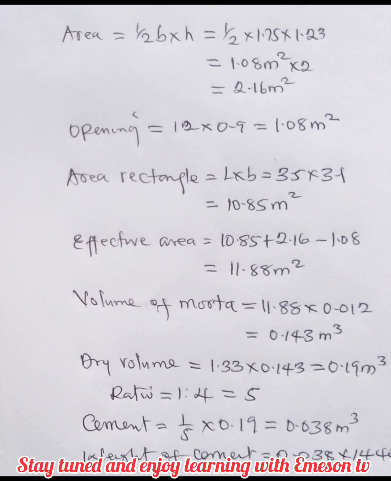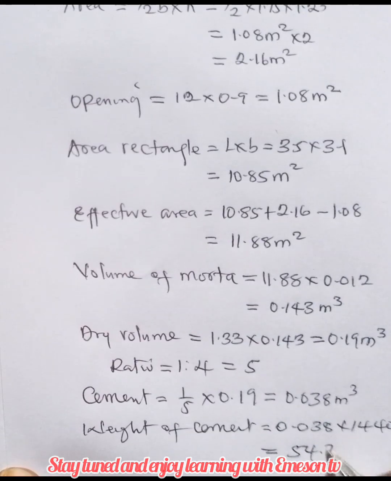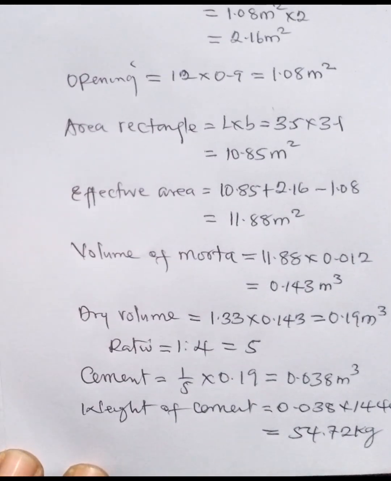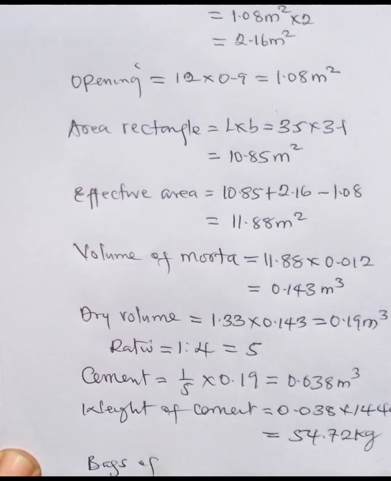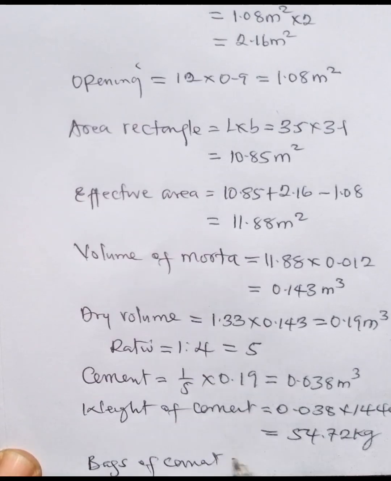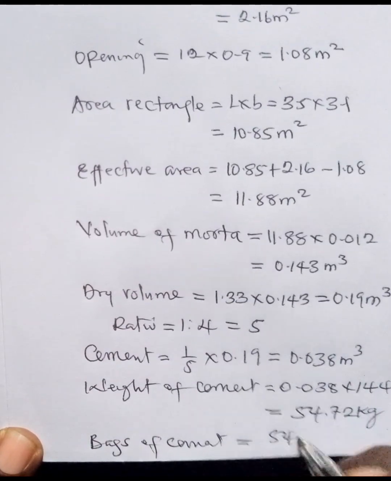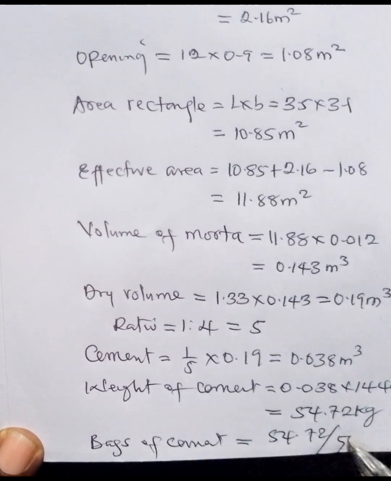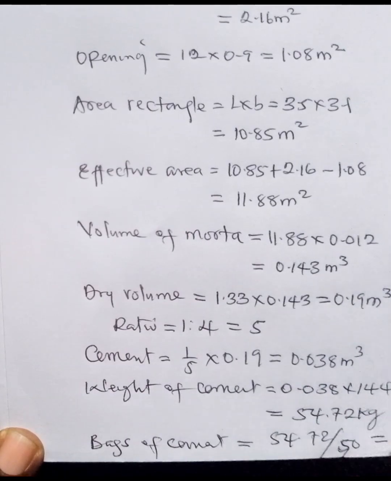So the weight of cement becomes 54.72 kilogram. So for us to get bags of cement, the bags needed, bags of cement becomes 54.72 over 50 kg, over 50. This will now give us